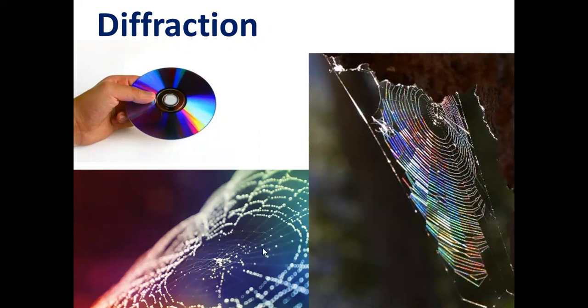Similarly here, the spider web appears colored a little bit when it is viewed in sunlight. You can see a little bit of colors here. That is because of diffraction, because the thread of the spider web is so thin that it is in the order of the wavelength of light. So it can be comparable, so the light bends. And bending is not the same for all the colors. Again, we get a diffracted beam which contains different colors.